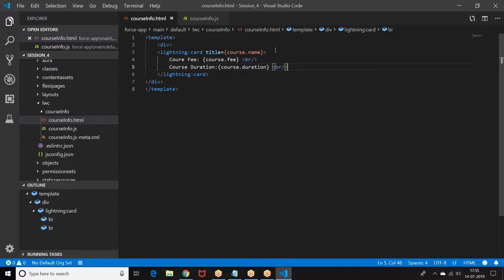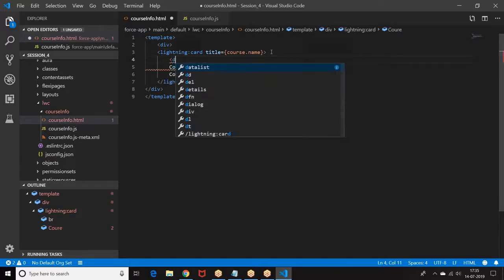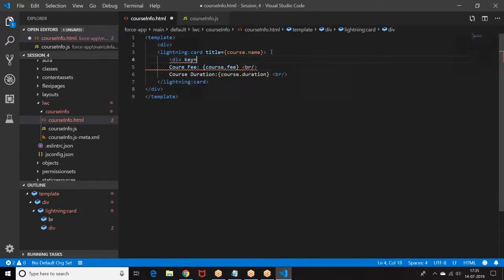Now already we have discussed here the key, course dot. I told if you want to display, the key should be unique. This is why I have given the key as a unique value.